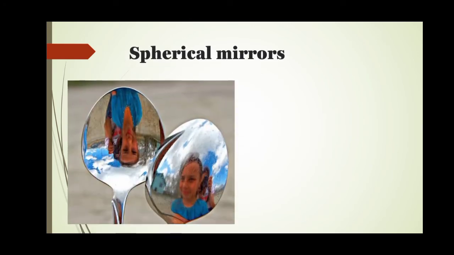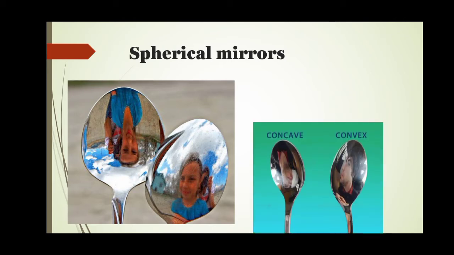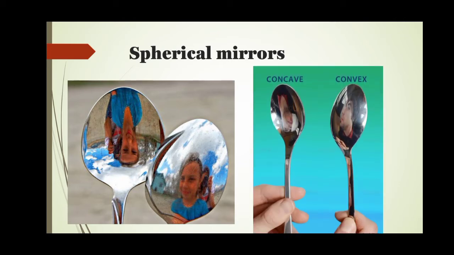Spherical mirrors. Look at your image using the inner side of the spoon. This time, you may find that your image is erect and larger in size. If you increase the distance of the spoon from your face, you may see your image inverted. You can also compare the image of your pen or pencil instead of your face.